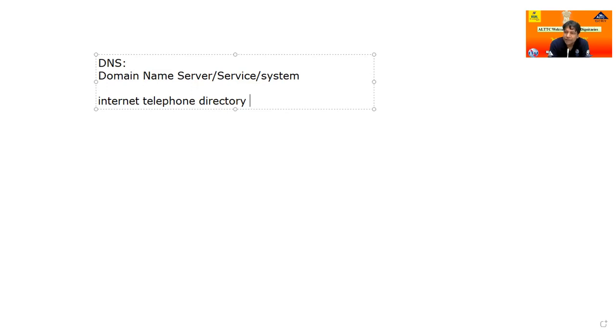If I have a telephone number, I can easily identify the customer name and address. Now, in the new technology, the scenario only changes to an internet telephone directory. There are two sides: one side is the website name, the other side is the corresponding website's IP address, the web server address.